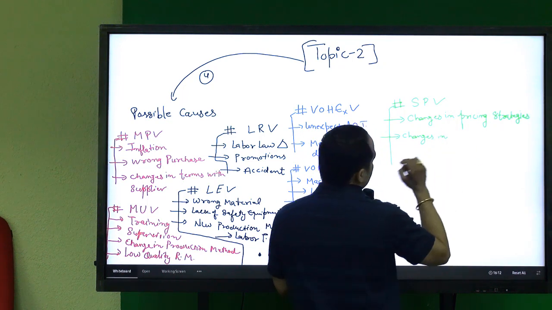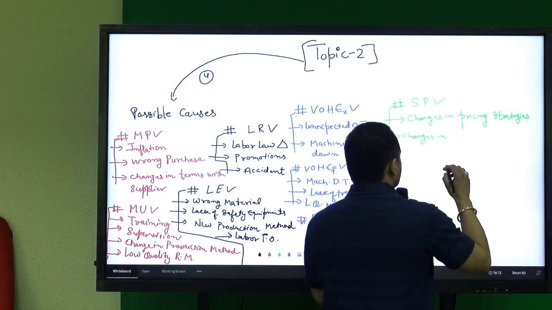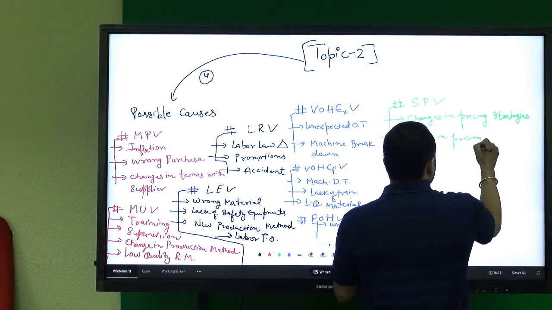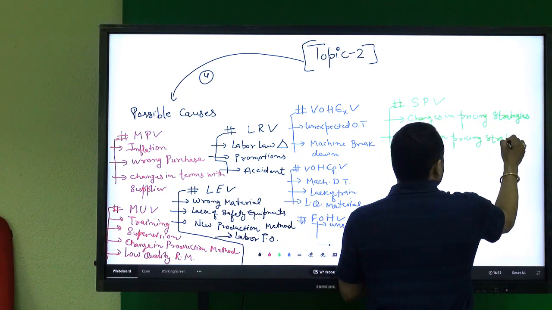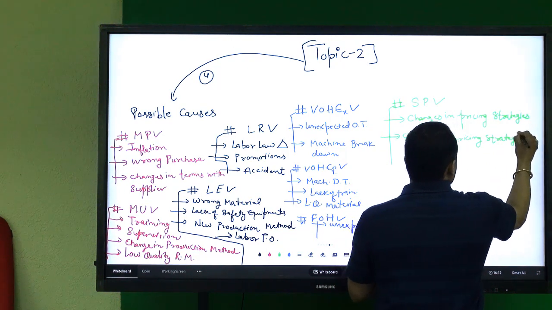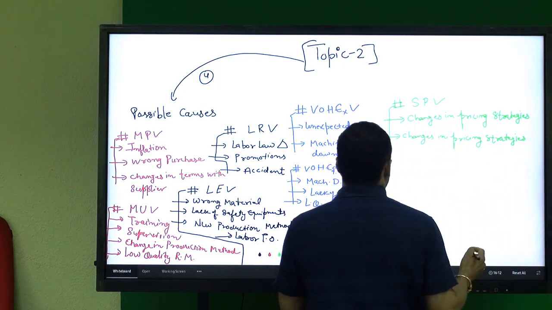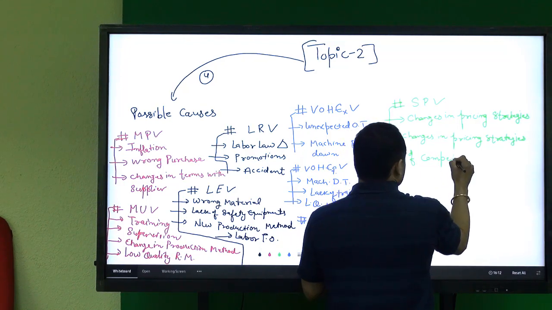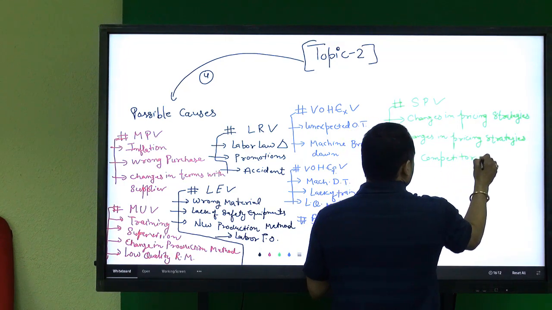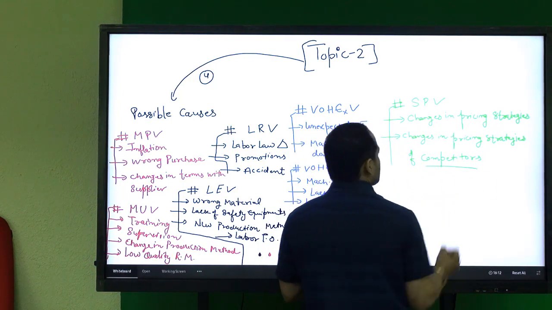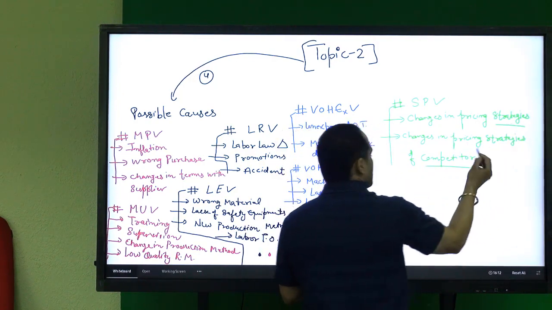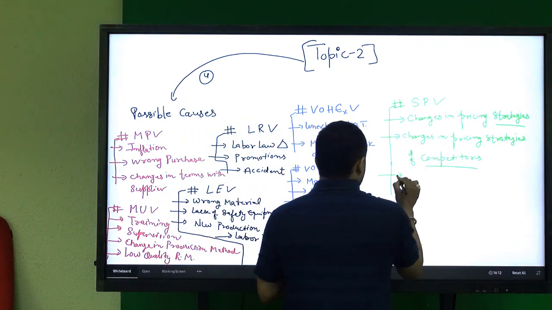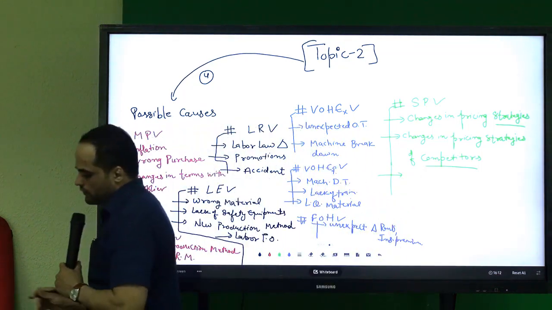changes in the pricing strategies of competitors. Right. So for the competitors as well as for itself, the company makes some changes in that one. Next one could be